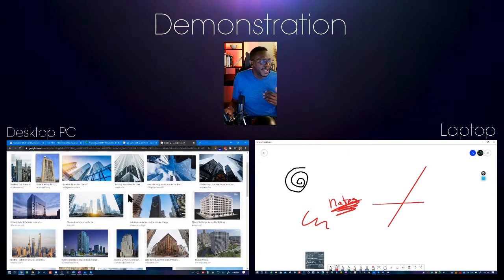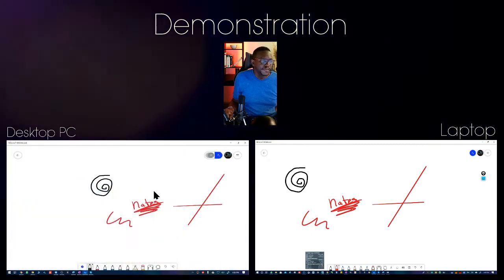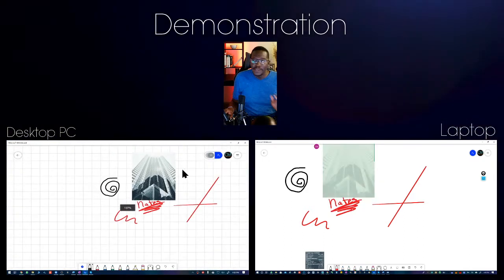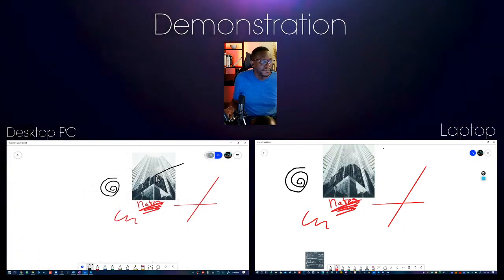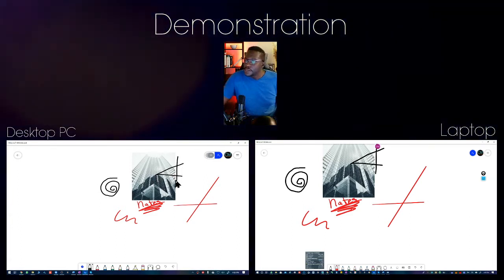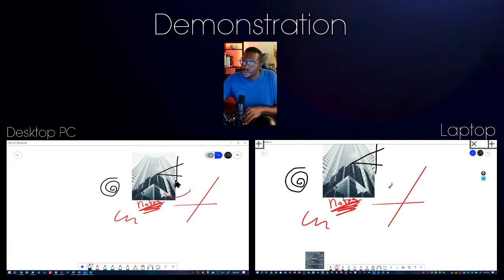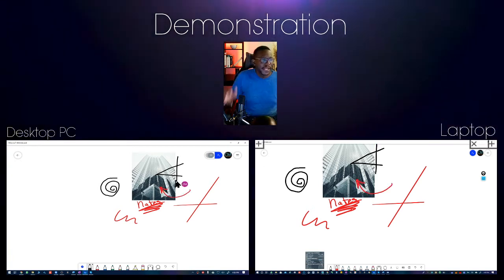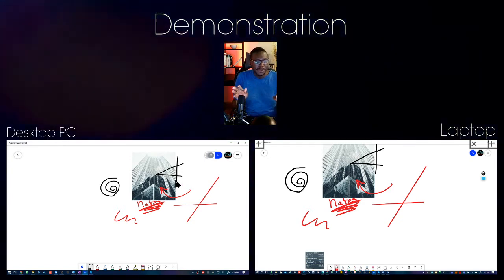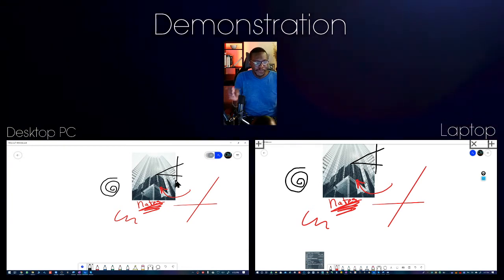Whiteboard is quickly adaptable to cut and paste, so I could find an image on Google and just paste it here. That image would be instantly available for the other person, and both of us could be collaborating and making notes on both of the screens, as you can see there. So that is pretty cool. That is one of the major advantages of Whiteboard. It is simple, real-time collaboration.